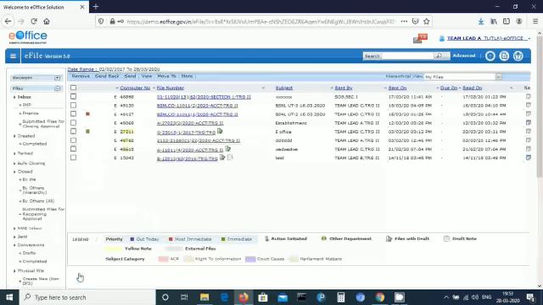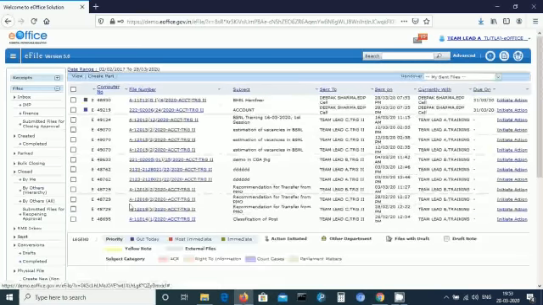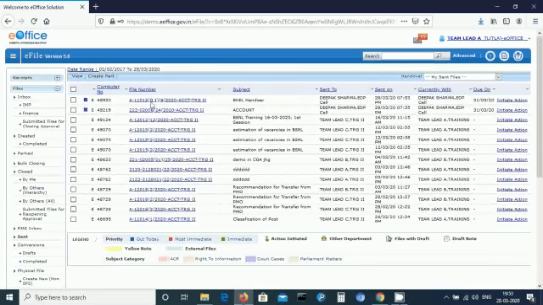If you want to see your sent file, click the sent button in the file inbox. Let me select sent. Now you can see that the file has been sent, with the computer number, file number, subject, and sent to Deepak Sharma, dated with the time. It is currently with Deepak Sharma, and the due date is also mentioned. Now you can directly create a file by clicking the create new button present in the file inbox.